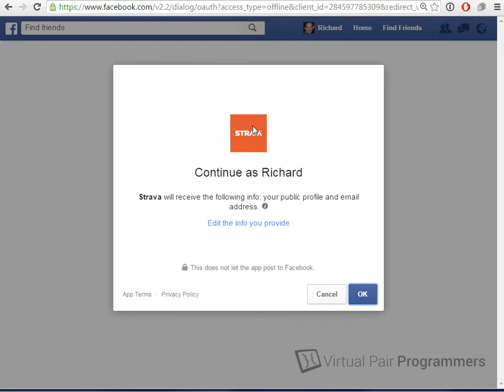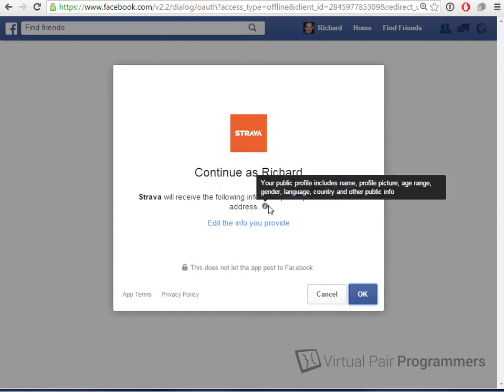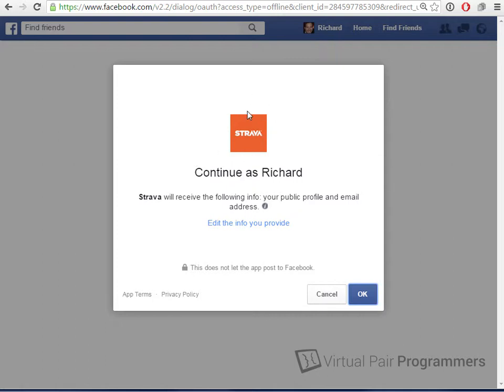That's taking me to my Facebook page, which I'm already logged into. Now, if I hadn't been logged into that page, then I would be asked to log into Facebook as normal. And Facebook are saying, are you happy for us to share the following information with this, what I'm going to call client application, the client of Strava? Are you happy for us to send your public profile and your email address? Now, I actually already have an account with Strava, so I won't continue here, but if I press cancel,